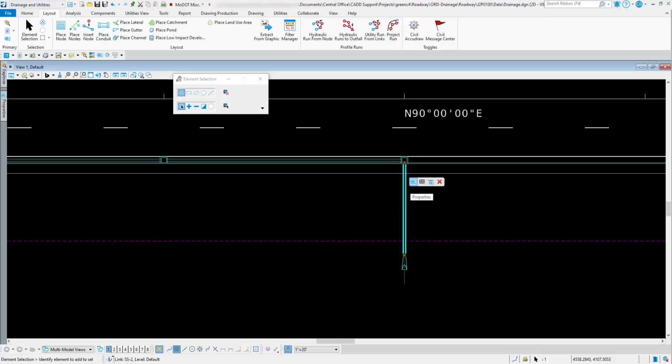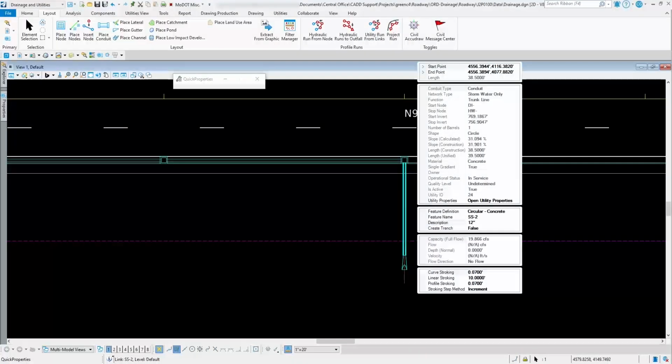First one is the properties of it, which of course are the physical properties of it. Second one is where you can open up a profile model. Third one is the utility properties of it, which will be the hydraulic properties of that conduit. And of course, the last one is to delete a conduit if you wish to delete it. So if I go ahead and select on that first one that says properties,